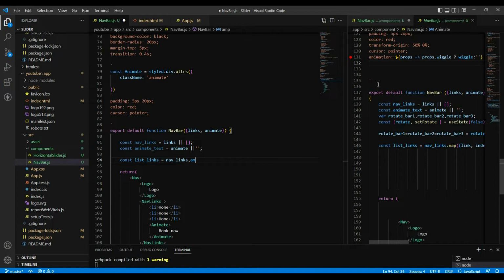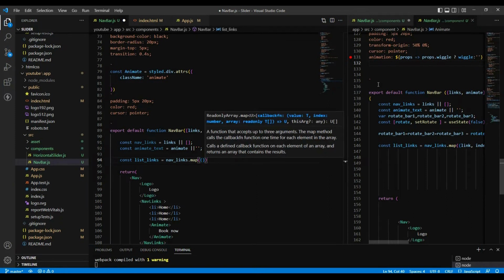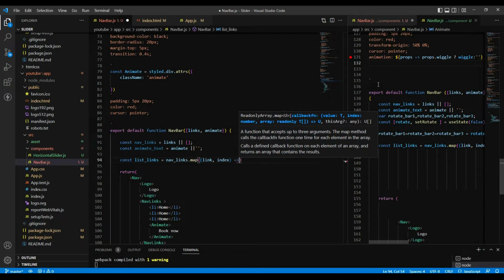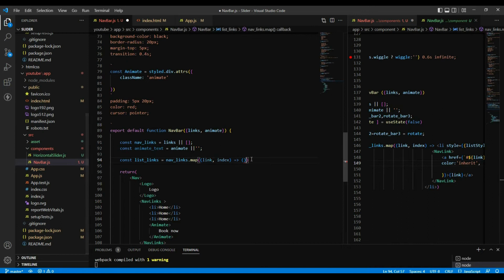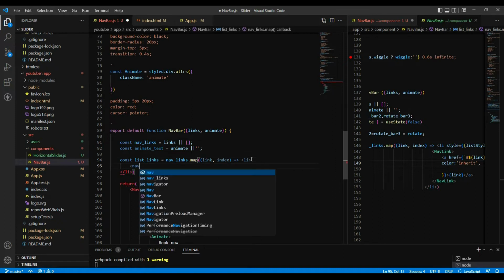dot map, nav links dot map. Then we're going to map link, then the index, then it's going to be, let's see, actually it wasn't even any of those. So it's li, right? So I'm going to have nav link, the nav link components,